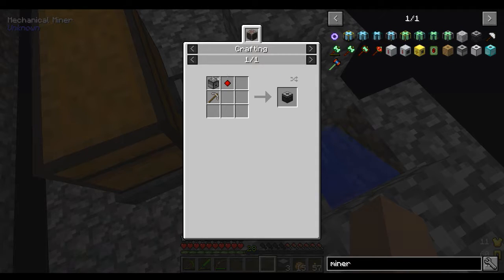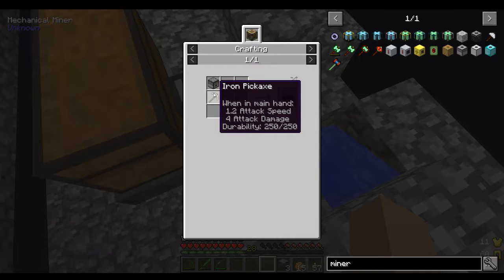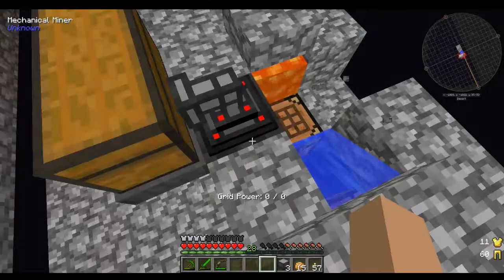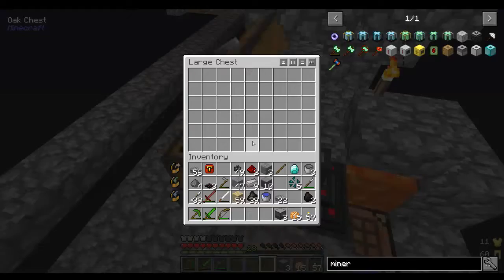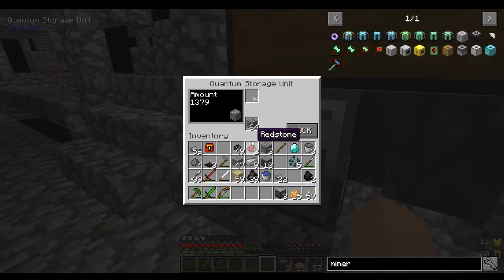If we look, it just takes a resonating redstone crystal, which we already made, takes an iron pickaxe, and it takes a dispenser. Super simple, just a regular crafting recipe. Then you pull it out of the miner with a transfer node into a chest, and then into a hopper, and then into this quantum storage unit, because the quantum storage unit does not interact with the transfer pipes. So I had to use...